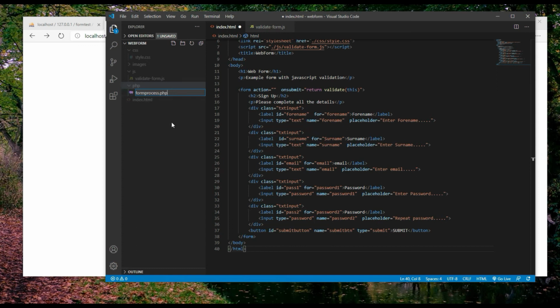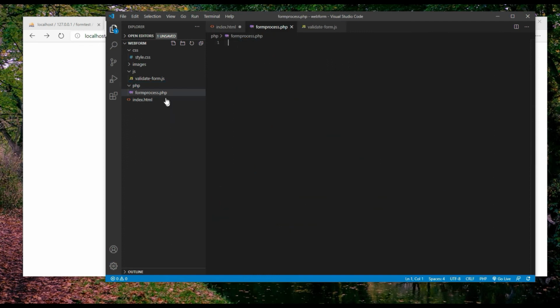Okay, now what I'm going to do in here, just to make sure I know it's working, I'm going to create some PHP script, and I'm simply going to put in the echo command and say hello from form process.php,